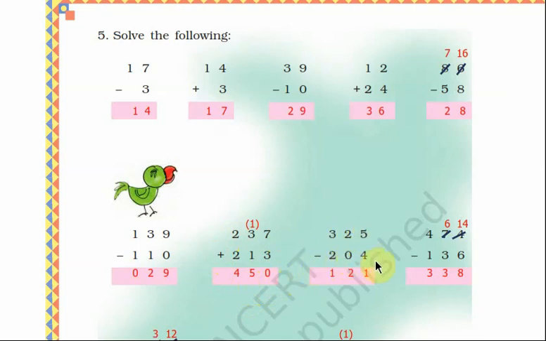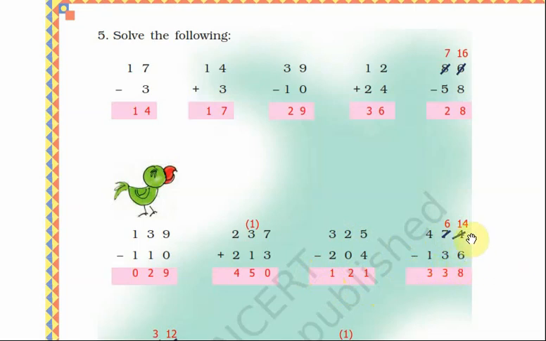325 minus 204. This is subtraction. So as usual, start from the ones place. 5 minus 4 is equal to 1. Then moving to the tens place, 2 minus 0 is 2. Next moving to the hundreds place, 3 minus 2 is 1. So the answer is 121. Otherwise 325 minus 204 is 121. Now next question is 474 minus